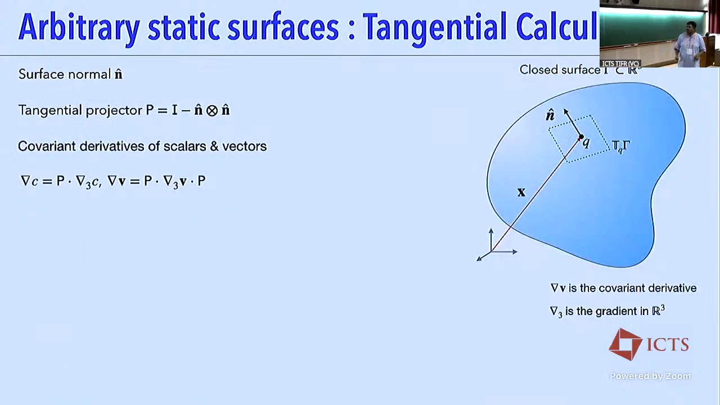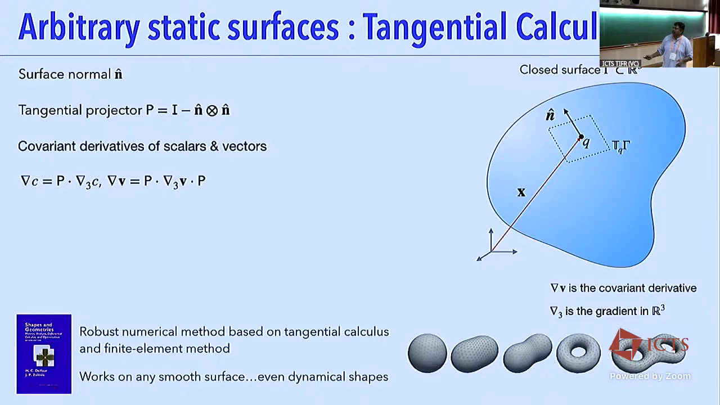Okay. So therefore, what we have is you give me an arbitrary surface, you tell me the normal direction to the surface at every point. If I know the form of the surface, I can calculate the normal analytically or even numerically. Once I have that, I have the projector, and so therefore I have constructed the calculus of scalar and vector fields sitting there. So this is a very robust method, and it's easy to implement this on a finite element